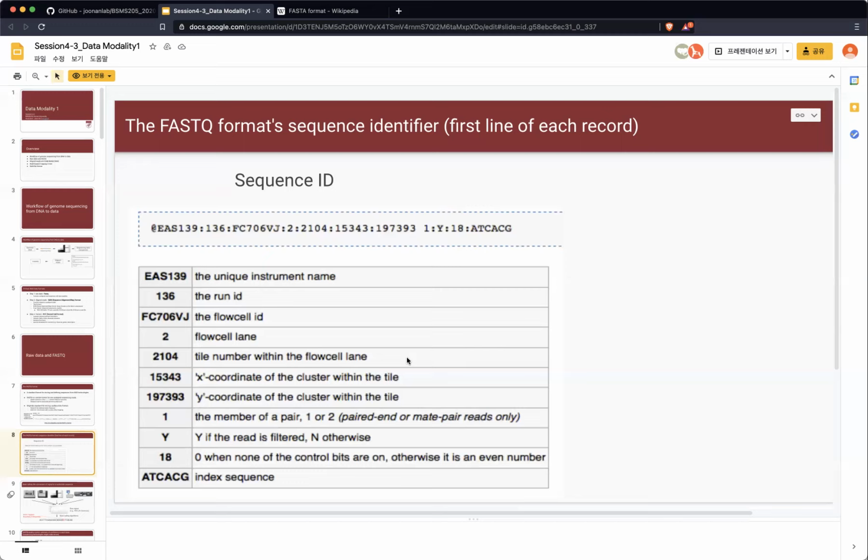All of this information is stored in the computation, and that information is also stored in the Fastq format. Then you can easily track down, if there's any problem in certain positions of the flow cell, that area, and you can discard that information from your analysis, right? Okay, let me give you a bit more